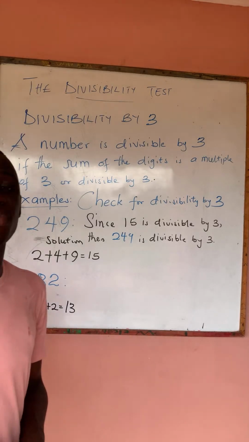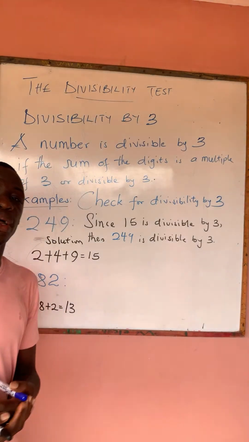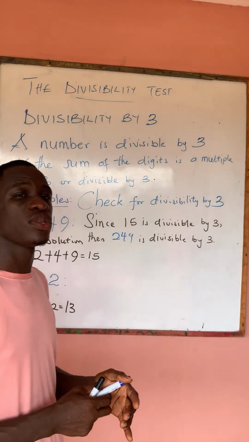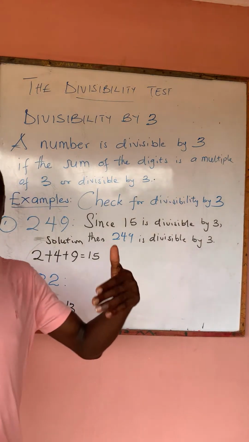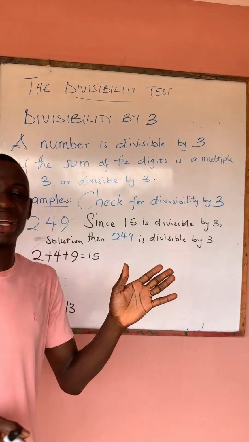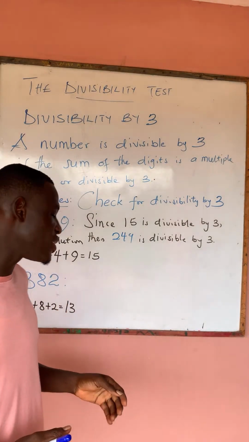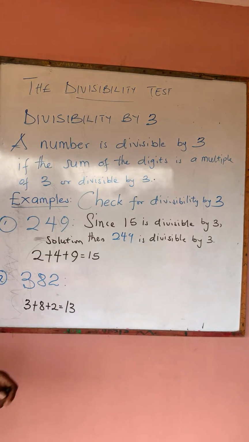Now, is 13 divisible by 3? You can see that no, because 3 will divide 13 but with a remainder of 1. So 13 is not a multiple of 3. Now, since 13 is not a multiple of 3, we're going to conclude that